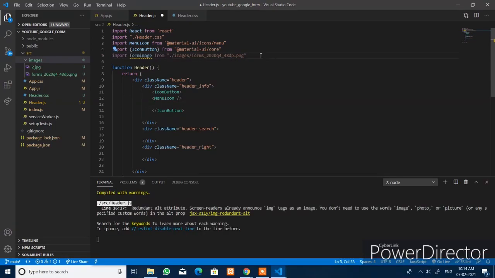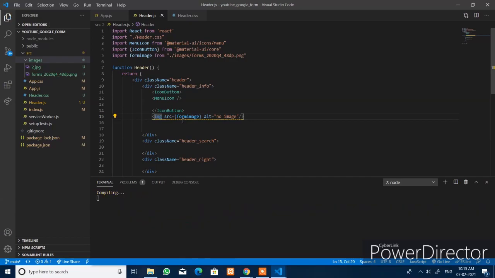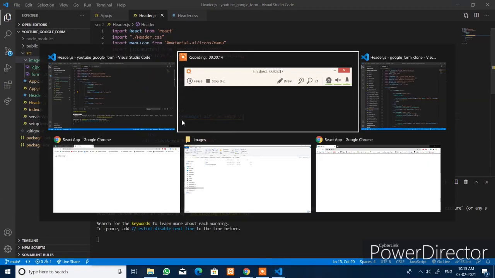Now like this we will import the image here and place that image variable into the image component src, and save the file and go to the browser. You can check here the image is here.